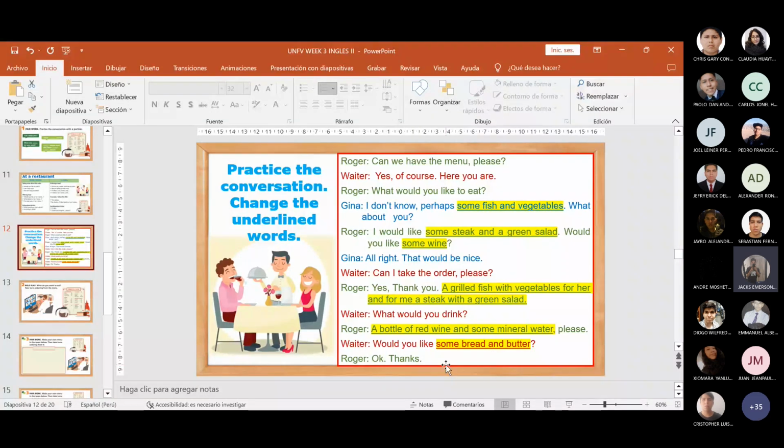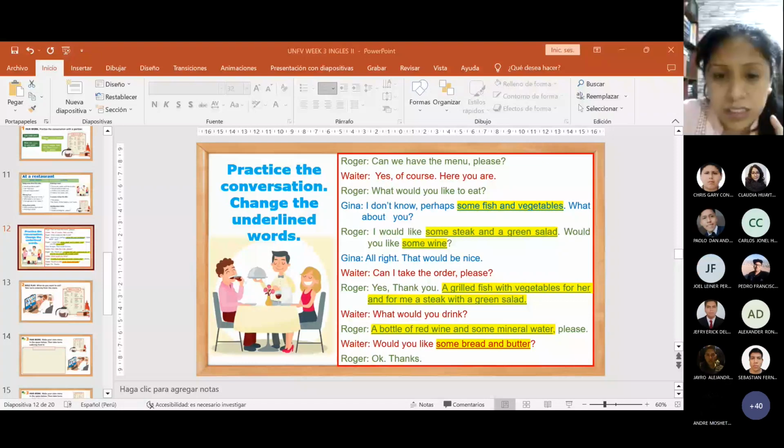Y puedo reemplazar justo lo que está highlighted in yellow. The words that are highlighted in yellow, you can replace. Puedo reemplazar lo que está resaltado en amarillo. Pero para eso tengo dos opciones, two options. I have two options to decide this. You have two options. The first one